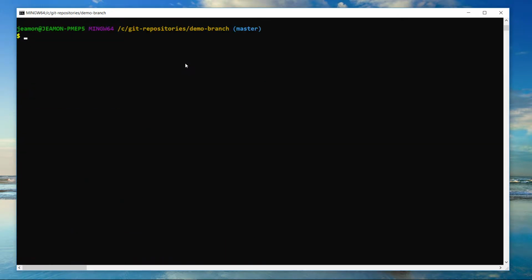I do like this, git log, then I say graph, wait,